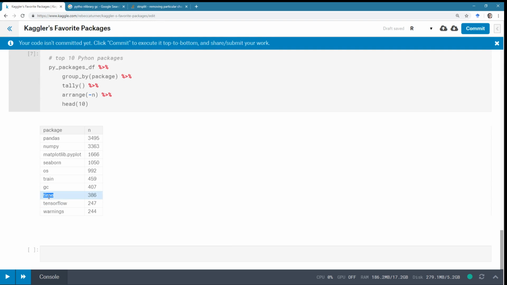Time, which is for time, and I think you need to import time to use the timeit magics in Python and Jupyter. Could be wrong on that. TensorFlow, deep learning framework. I mean, you can also do regression in TensorFlow. I think Paige Bailey at Microsoft was tweeting about that today.